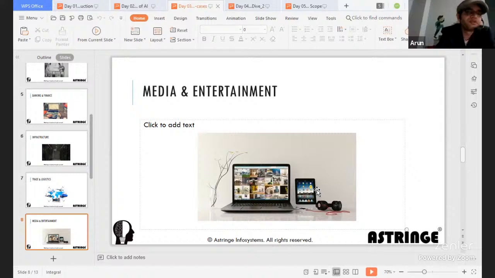The other aspect of media and entertainment where AI is reforming things today is the recommendations, which I mentioned earlier. If, based on your past history, you have liked one type of serial or one type of video, you may like a similar type of video if you are given a chance. The more data it has, the more recommendations it can give, and the more recommendations it can give, the more business it will have. So this is where media and entertainment is heading.